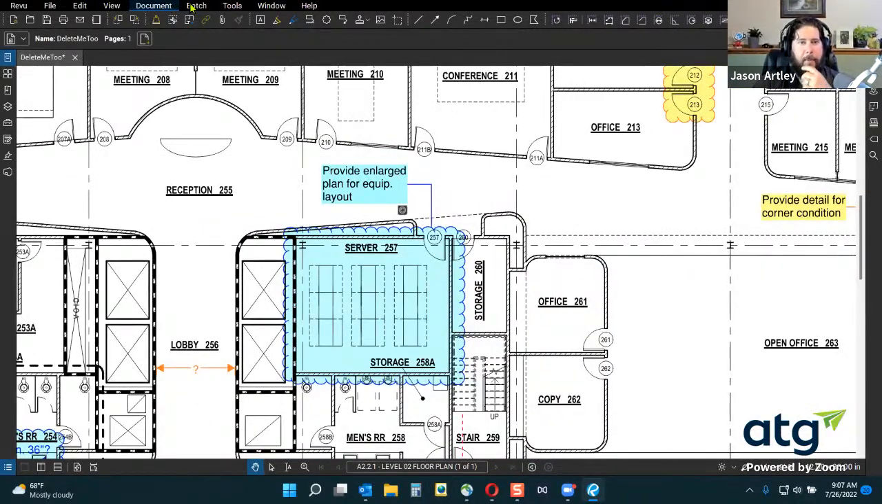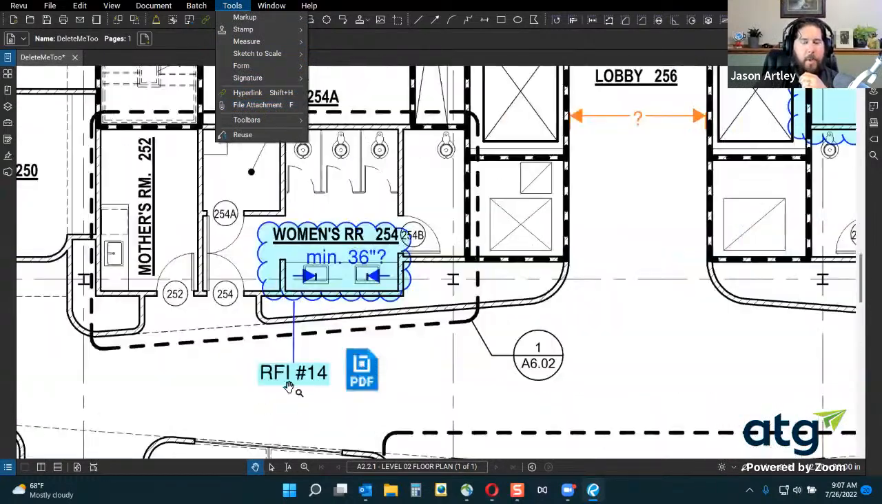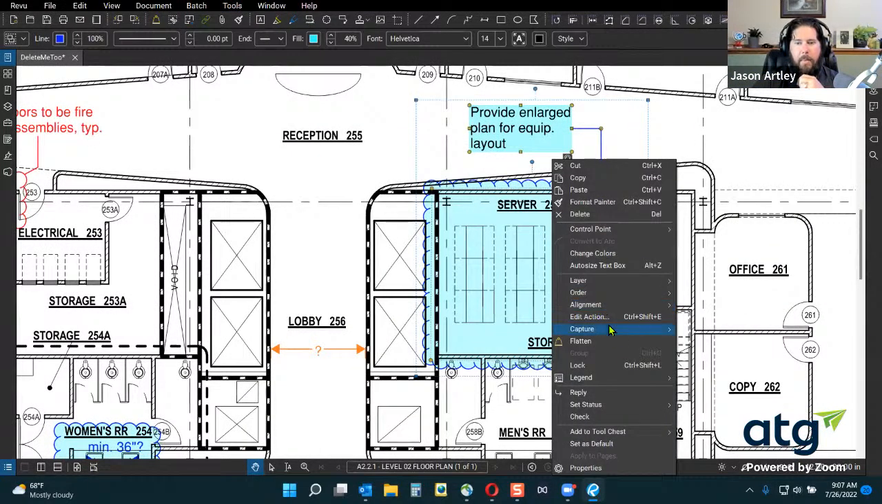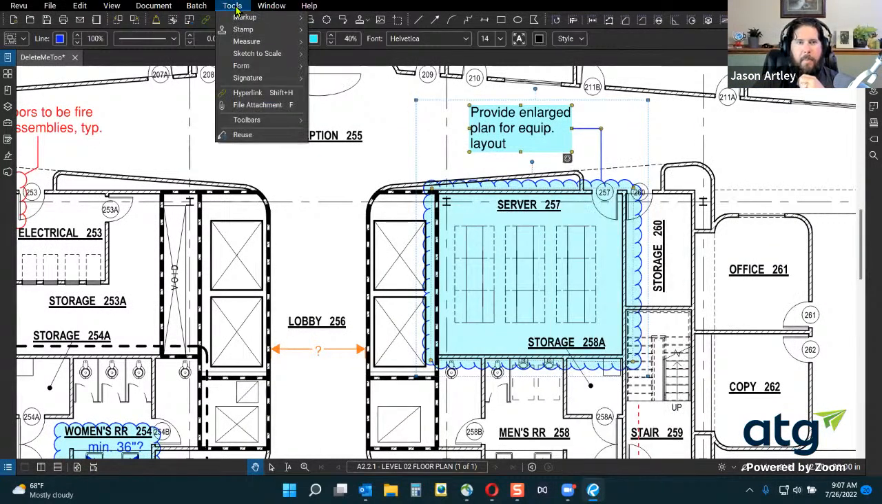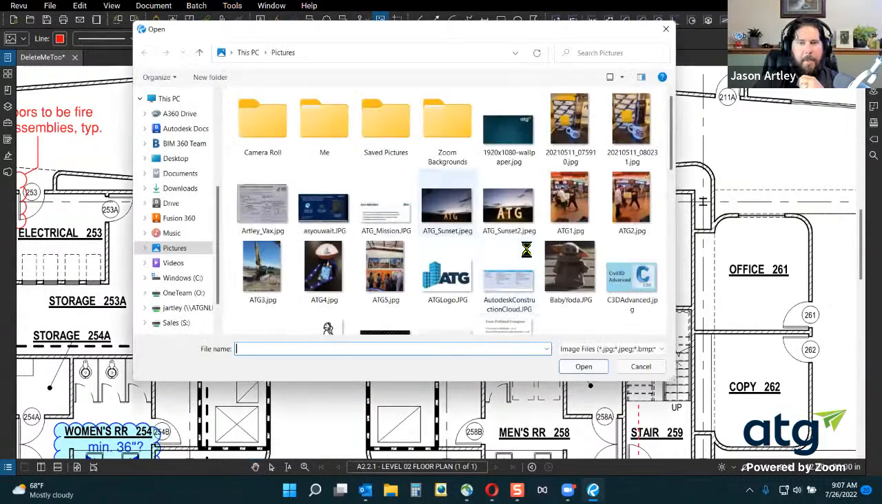Now I could take that same photo, again, hide my zoom controls and go in here and insert a file attachment like this to go to another PDF. Or I could go in here and attach an image from file, from camera, from scanner. So if I go take the same file,